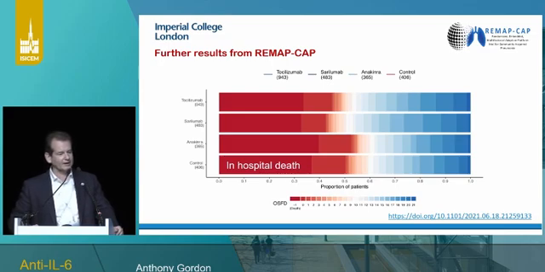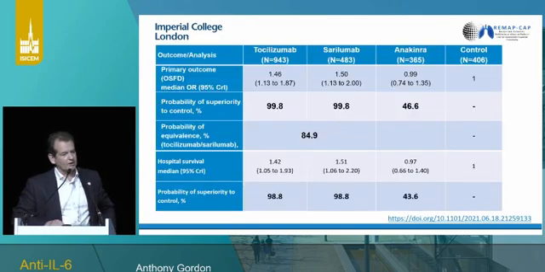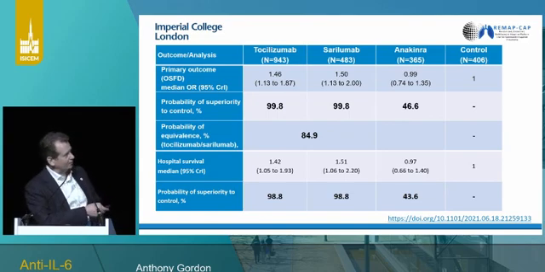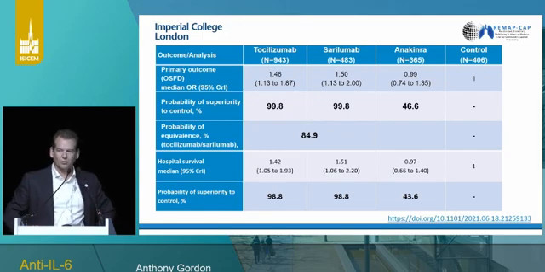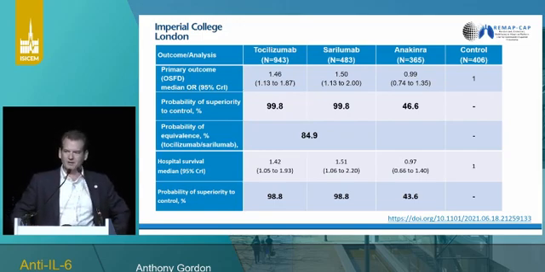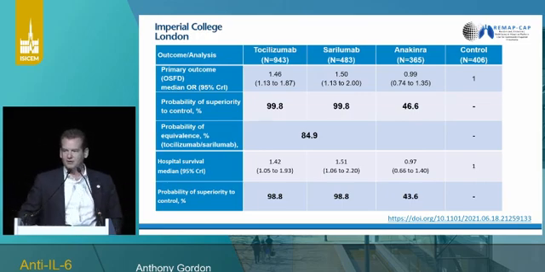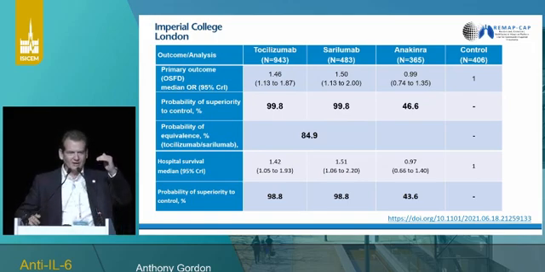We were also looking at anakinra, and as you can see, we didn't see benefit with anakinra in this critically ill population. This is a Bayesian design, so we don't have p-values, we have probabilities, and you see the probability that both tocilizumab and sarilumab are better than the control is 99.8%. They improve outcomes. And we've actually put in an equivalence analysis, and you see there's an 85% probability they're equivalent. And in fact, it sort of dropped from our threshold of 90%. As sarilumab, as you see, the odds ratio is actually slightly higher.